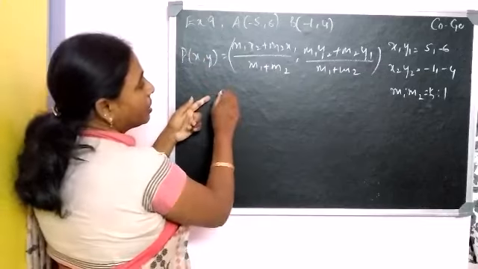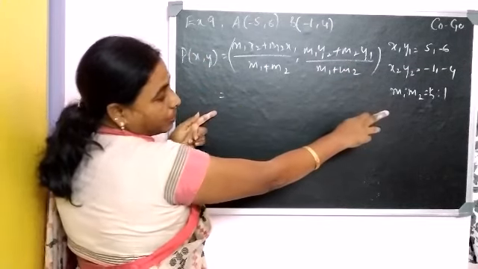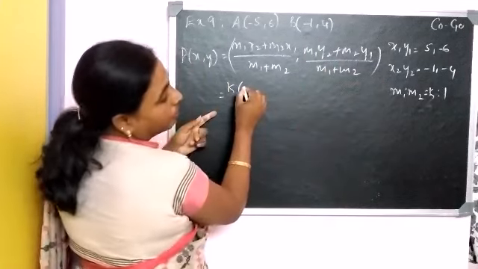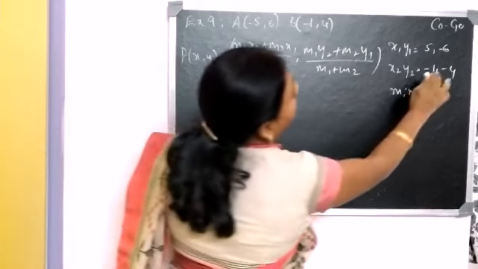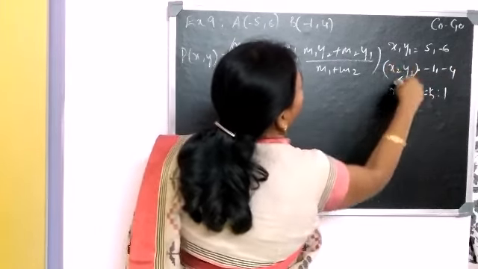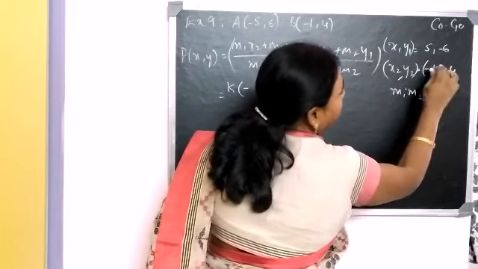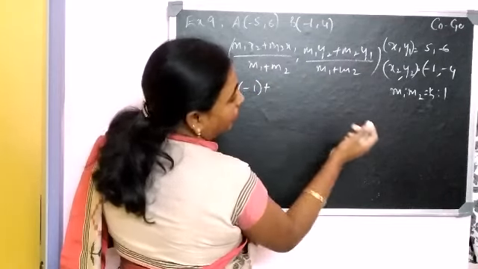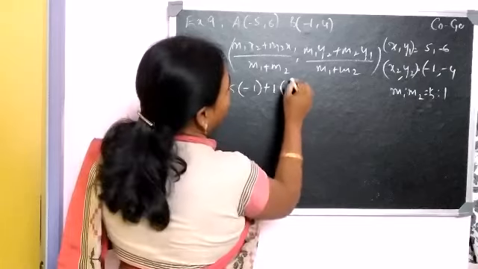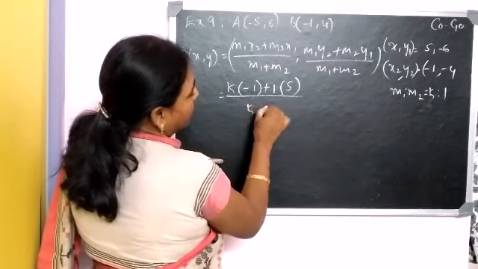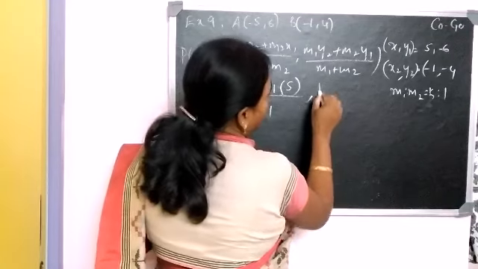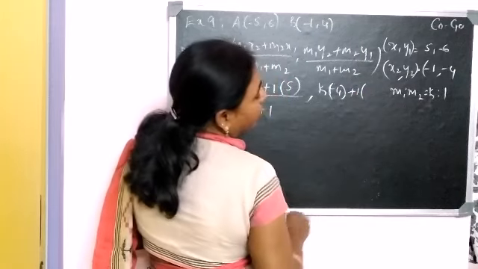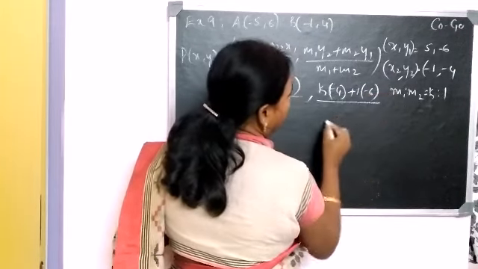Okay, let us substitute this in the formula. Let us take the formula and substitute k into bracket. This is x2, x2 here is -1. Therefore this is -1 plus m2. m2 here is 1 and x1 is 5, divided by k plus 1, comma m1 is again k, y2 is -4, m2 is 1 and y1 is -6, by k plus 1.